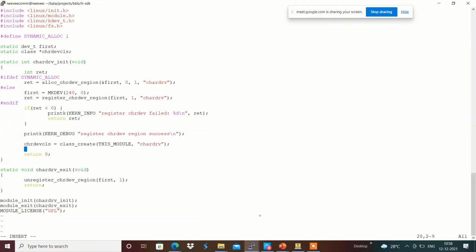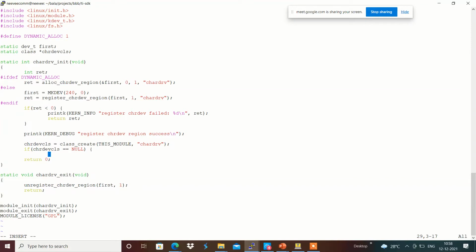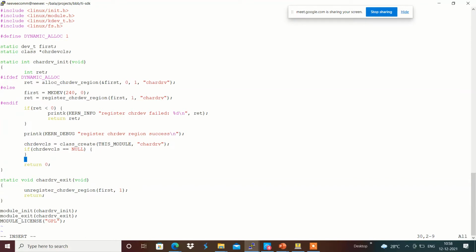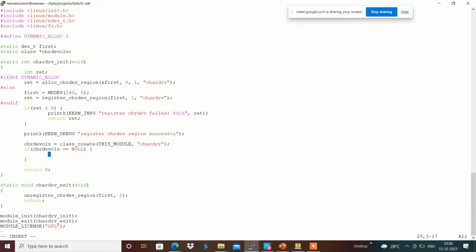That we are going to check: if chrdev_cls equals null, then we will do a goto cleanup over here.